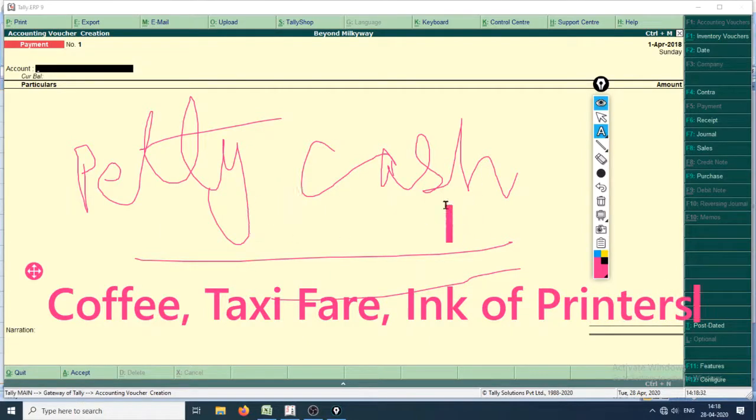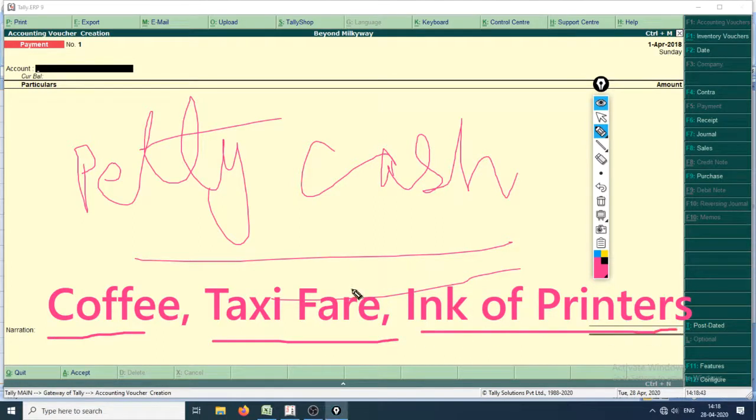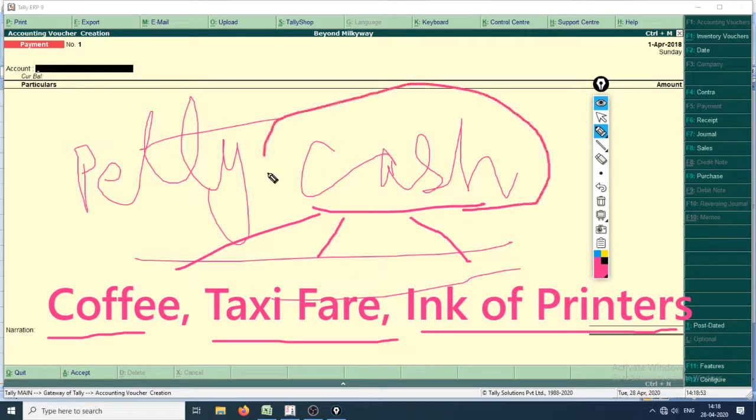Like these small transactions. Now one can only imagine if Apple starts entering each one of them into a cash book. These should go into a cash book, right? But if Apple starts maintaining all these transactions in a cash book, that cash book will be too fuzzy.